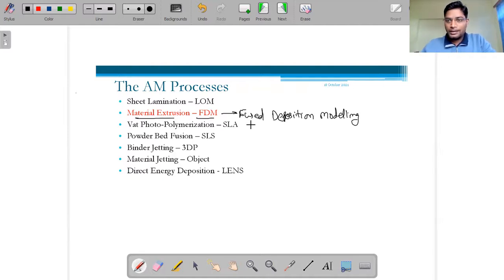That's why we call it fused deposition modeling: we deposit the molten material and it immediately fuses. So this material extrusion process is based on the FDM principle.